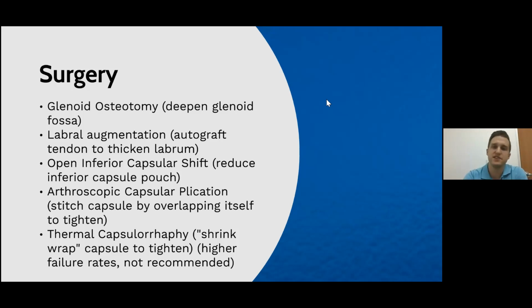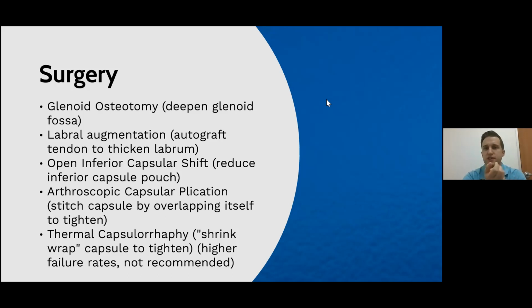Essentially thickening the labrum to provide a little bit more suction for that glenoid concavity and the humeral head to work with. The next is the open inferior capsular shift. This is essentially where, if you think of the anatomy of the joint capsule, there's always a lot more